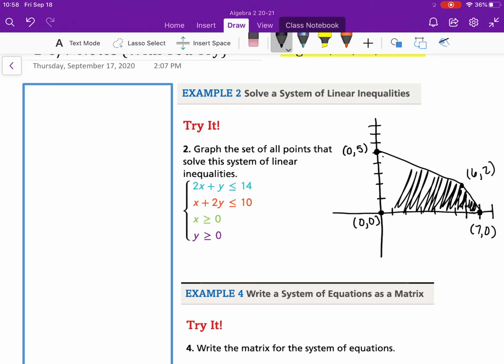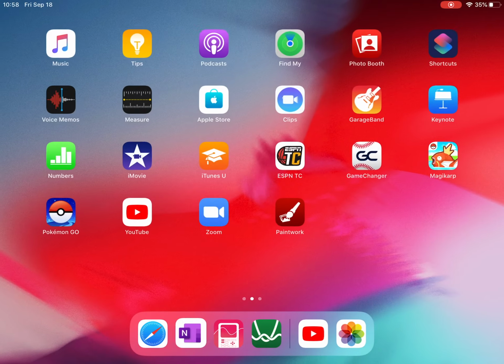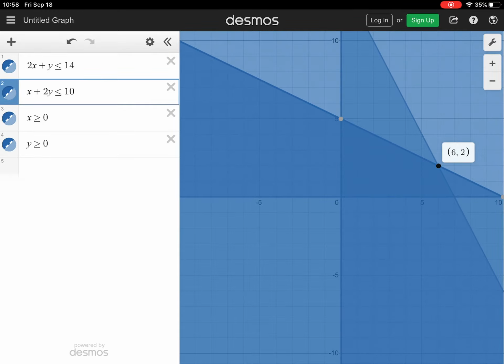And this is the only part of shading that I am considering the solution set. So the solution set is when it all overlaps. The solution set is the overlap of all the colors. And like I said, with Desmos, I still believe that the easiest way to do that is to change them all to the same color and see where the darkest is. The darkest is going to tell you where all that overlap is, and it's easier to see that way. All right, so